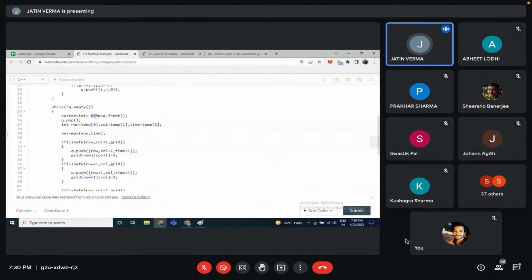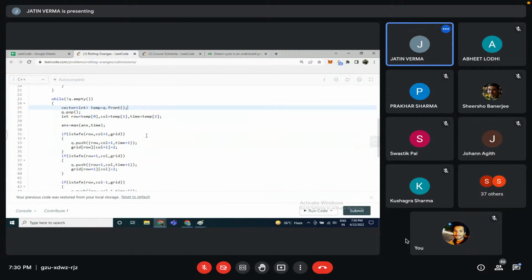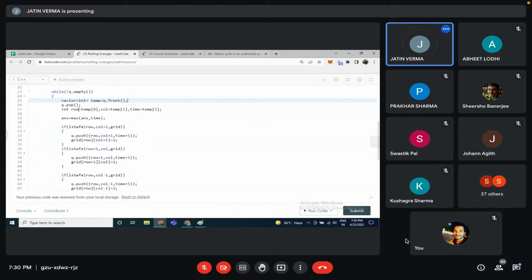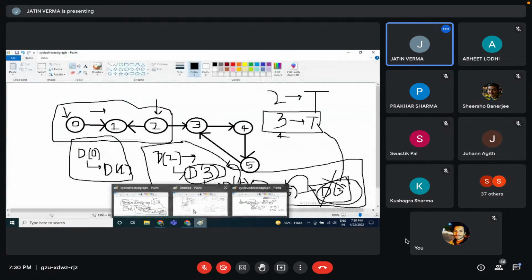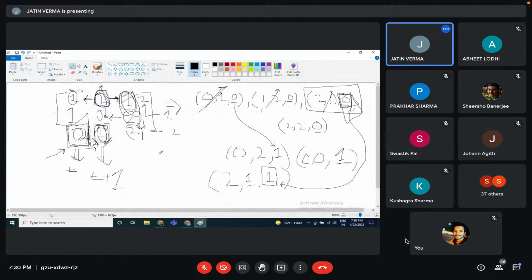अब नॉर्मली जैसे बीएफएस लगाते हैं, जब तक क्यू एम्प्टी नहीं हो जाती हम वाइल लूप चलाएंगे। अब देखना, यहाँ पर हमने ये टेम्प में स्टोर कर लिया वो वेक्टर जो क्यू में था। अब देखो ये तुम्हारी करंट रो हो गई, ये तुम्हारा करंट कॉलम आ गया और तुम्हारा टाइम आ गया। ठीक है। तो जैसे यहाँ पर था, मान लो कि इसको रॉट होने में 5 यूनिट लग रहे थे। ठीक है। मान लो इसको रॉट होने में 5 यूनिट लगे हैं अभी तक,